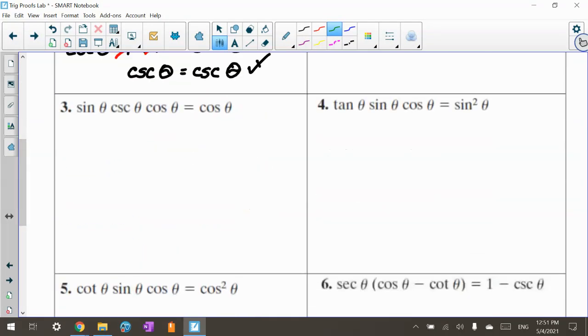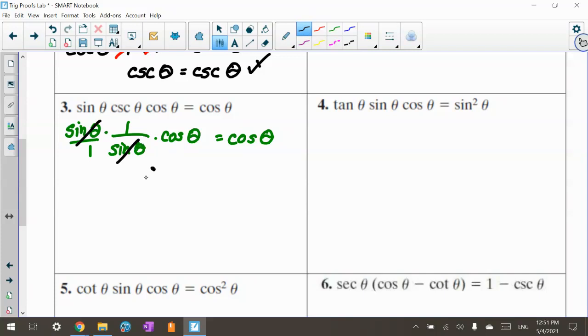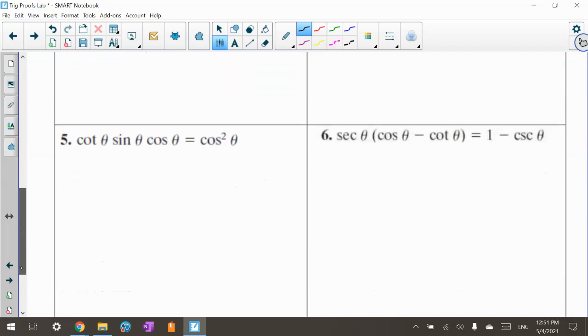So I have sine of theta times 1 over sine of theta times cosine of theta equals cosine of theta. Now, if this helps you, you can put this over 1 if you will, but sine theta over 1 times 1 over sine theta, they cancel out and make a 1. I end up with cosine theta equals cosine theta. So this one's a quick one and I've got that identity to work. All right. The next one I'm going to do is